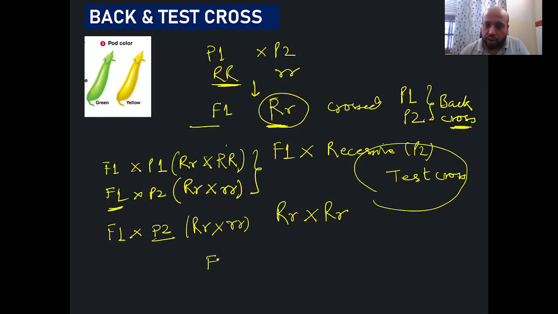But in the F2 generation, three plants phenotypically appear as round in shape,